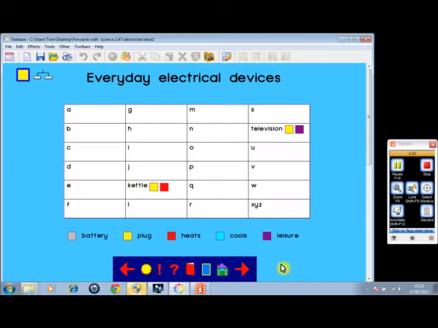This is a good activity, a homework activity maybe for a Friday afternoon. The idea is that the children try to think of as many things as they can which are in fact electrical devices, either things with a battery, with a plug, things that heat or cool, or leisure activities, and so on. They can inquire at home, they can ask their parents, their siblings, their neighbours, and so on, and all come up on a Monday morning with their ideas,